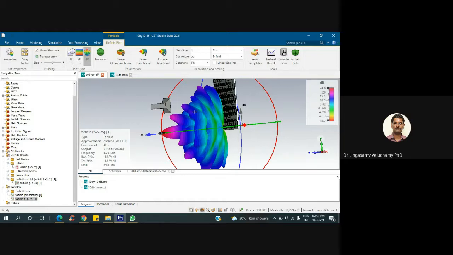So how many dB have you designed? Actually, for this antenna, 10 dB, sir. 10 dB. Okay, 10 dB, is that feed taper around minus 10 dB taper? Are you able to achieve that, or what?